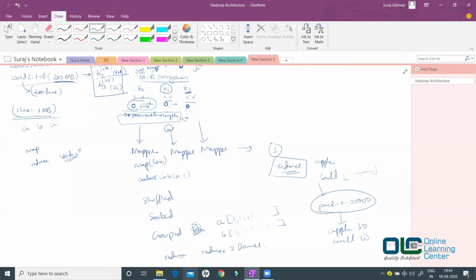Okay, now as per that, can you tell me in the reducer how many groups will be created by the time it goes to the reducer? In the grouping phase, how many unique words would be created? 26, right? You get 26. Now these 26 unique words need to be computed by the reducer. So if you have only one reducer, then the same reducer will have to compute the word count for apple, ball, cat, dog, dot dot dot till zebra, which means it will take some time to process apple, then some time to process ball, then some time to process cat, and so on.